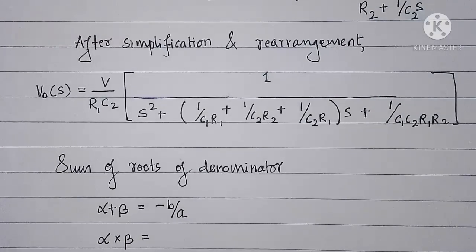Product of roots of denominator, alpha into beta, is equal to c by a. Therefore, we get